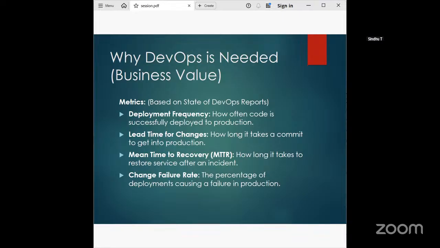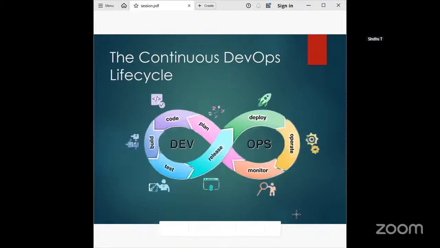So it is a competitive necessity in today's digital economy. Overall, if you connect DevOps to the business goals, the benefits are faster time to market, improved customer satisfaction, and increased reliability and stability. Some major companies, Amazon and Netflix, use DevOps for rapid deployments, and we will see this in the case study. Next, we'll see the continuous